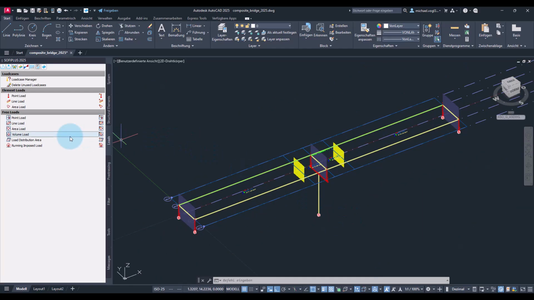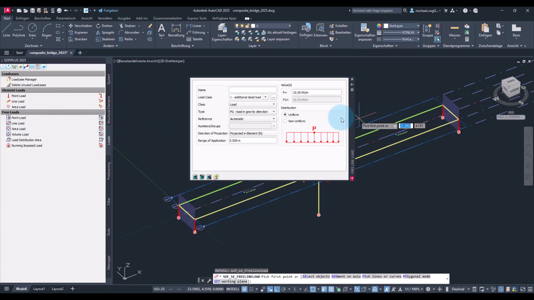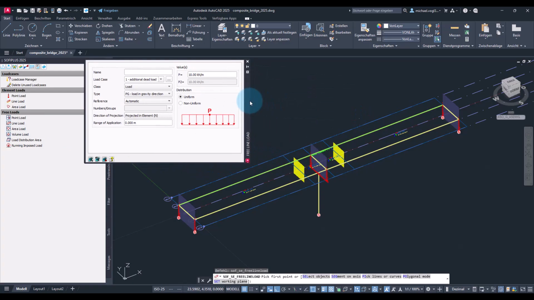Also in this load case 1, I will put line loads at each side of the bridge, which basically represent the safety barrier and the corresponding concrete part at the bridge edges.